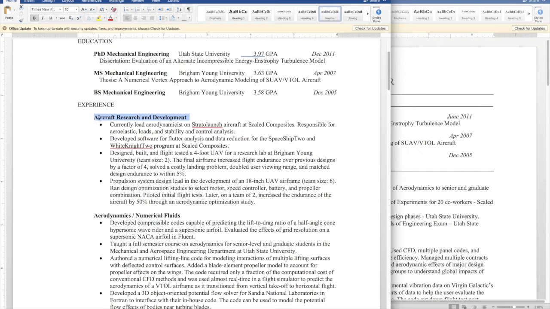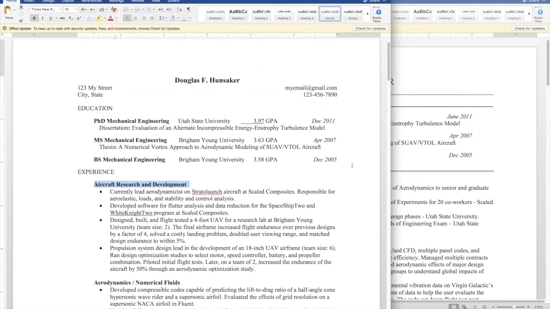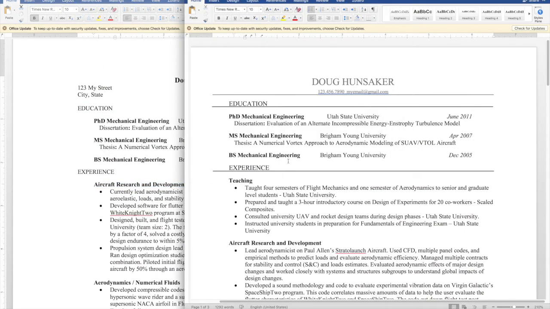But sometimes you want to put a company name and the time that you worked there. In this particular resume, I just lumped it by types of experience, not necessarily with a certain company that I was working for at the time. So let me show you another example here. This is a resume from a few months later.